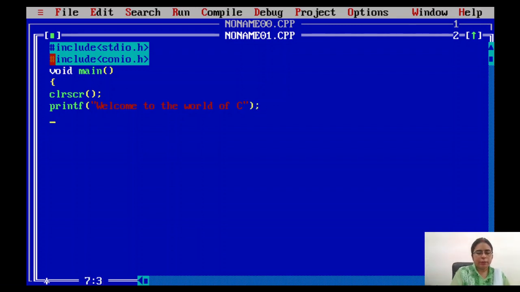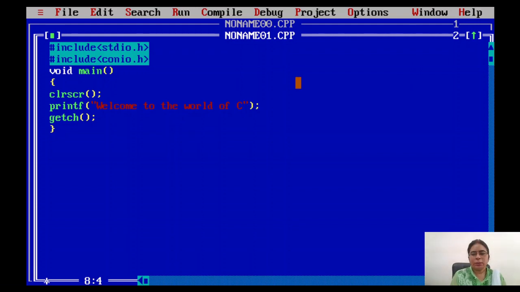Okay. And we will use one more function here, getch. This function is basically to get a character input, but generally at the last, we use it as the last statement in a program to hold the screen to see the output. There is a side effect of this function because this function waits for a character. As soon as we see the output, we press enter, then we move back to our program. So at this particular place, we are not trying to get a character as input from the user. We are simply trying to hold the screen to see the output.